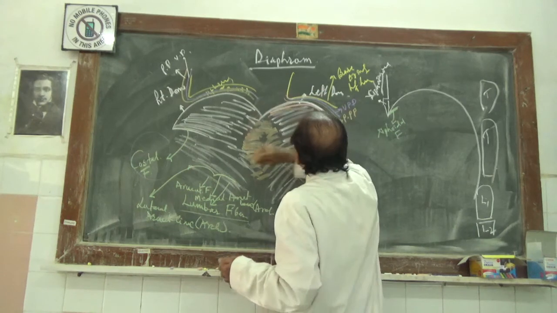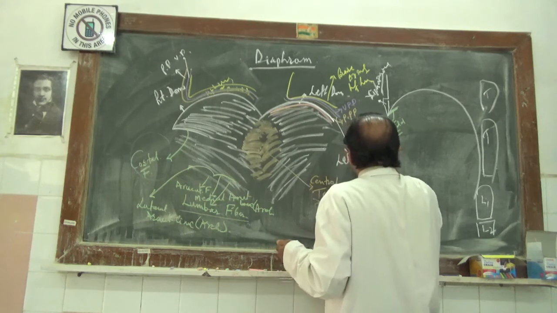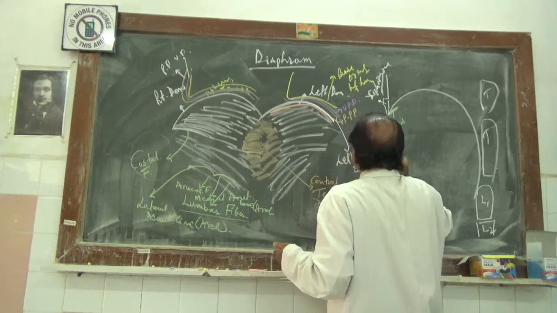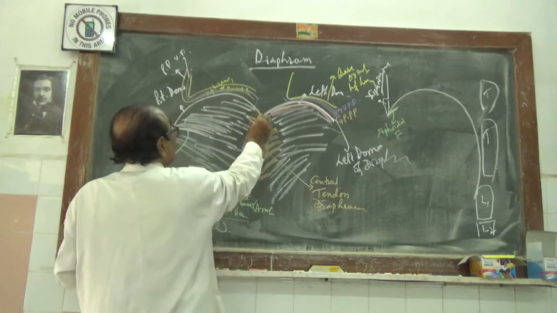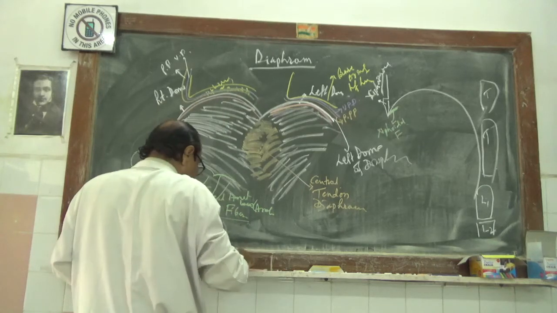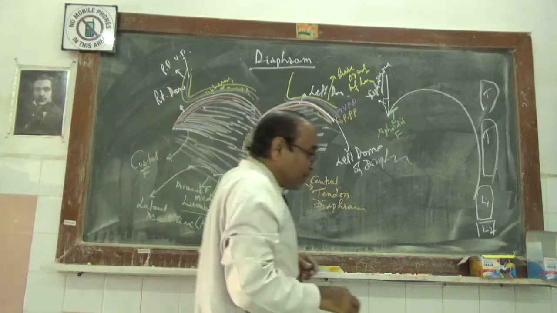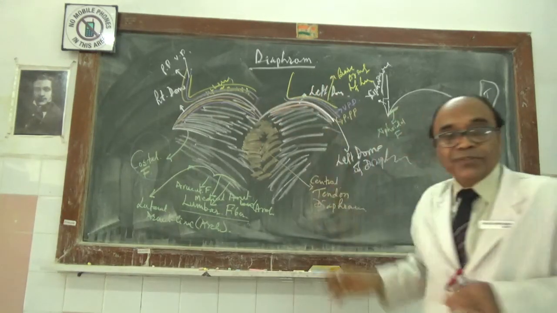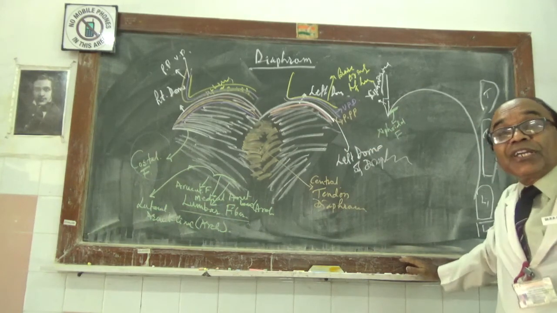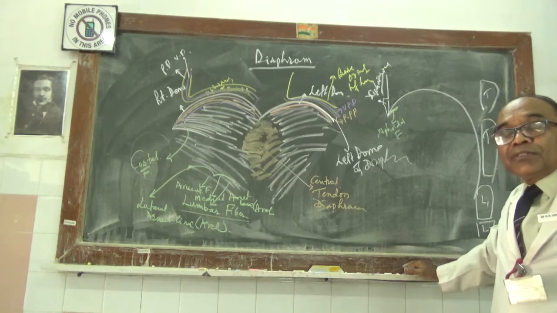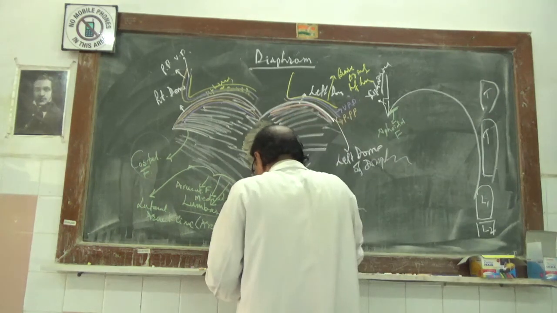this line is the left dome of the diaphragm. So this is the right. So you have the peritoneum parietal, and this is called the visceral part of the peritoneum. That is how it separates both. So this is what you can get for this relation, and this left dome, even it will be separating